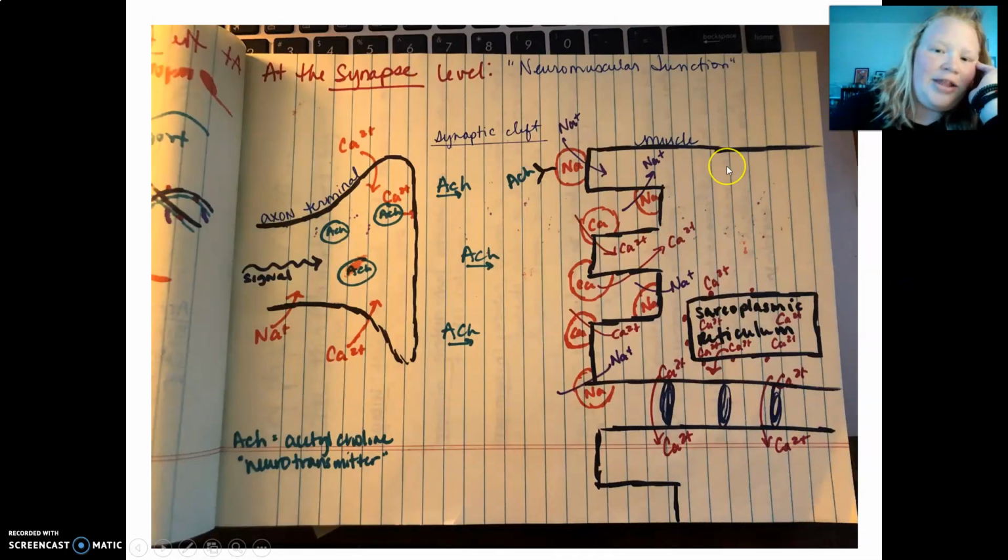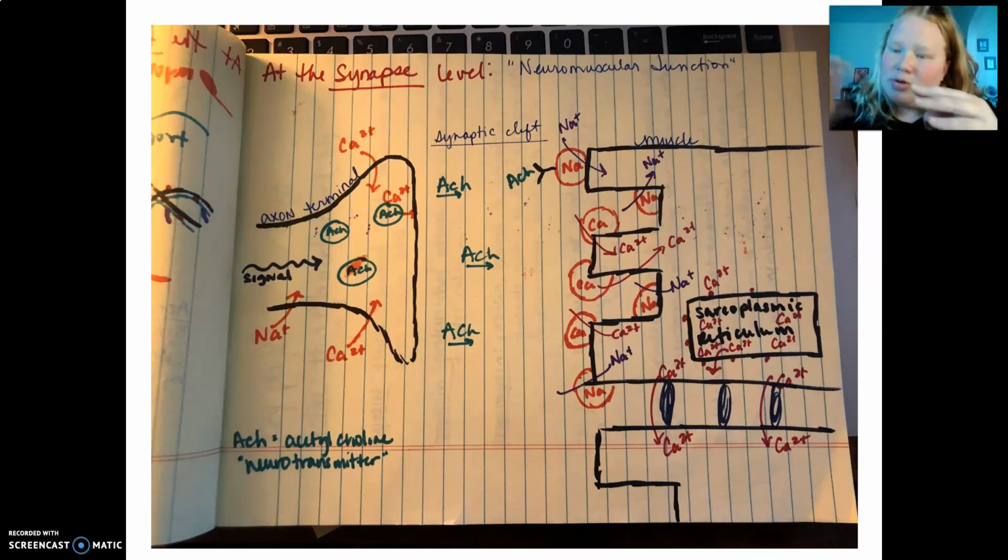So this is at the synapse level. So if you're wondering, where does the calcium come from? That is essentially what we're going to answer right now. So a synapse is where you have a nerve getting close to your tissue that it's going to try to send a message to. Remember, your nervous tissue is made out of neurons, and in neurons you have the cell body, which has the nucleus in it, and then you have the dendrites, which are the little spiky hairs close to the cell body that are the receiver of messages, and then you have the axon, and the axon is that big long tail